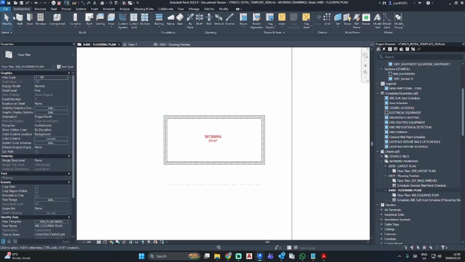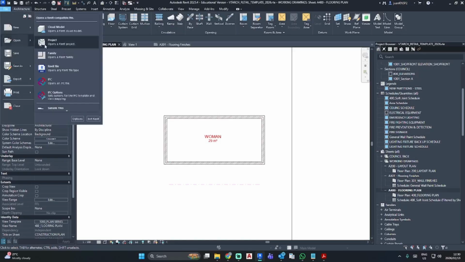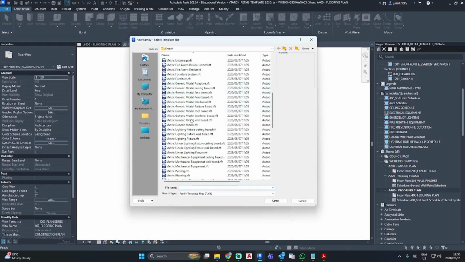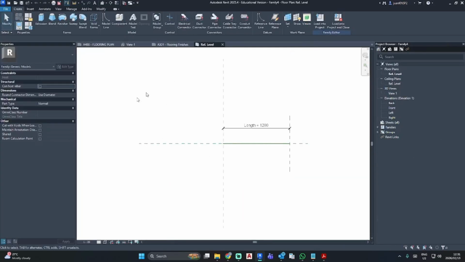So we're going to have a nested family, which means it's two in one. So first we're going to go File, Open, New, Family, and we're going to scroll down to Generic Model Line Based. I'm going to go Open. I'm going to leave that here for now, and then we're going to go again, File,